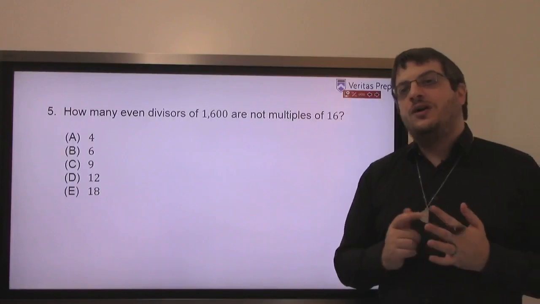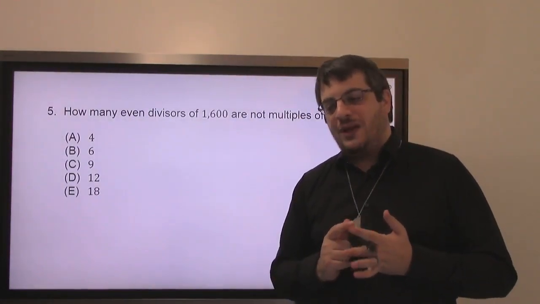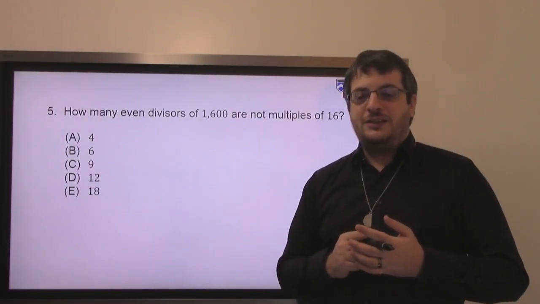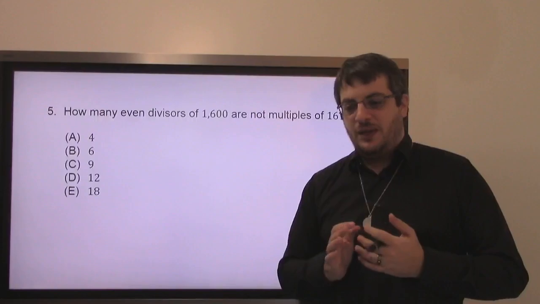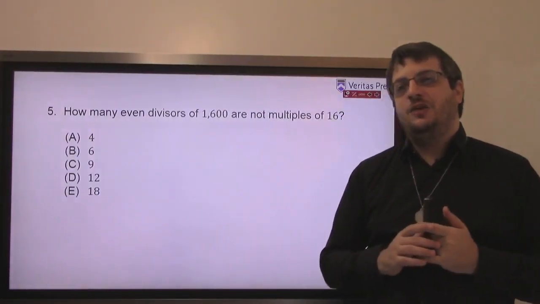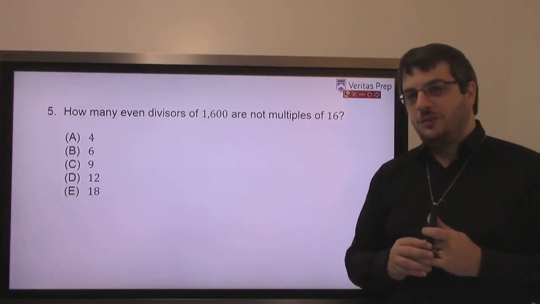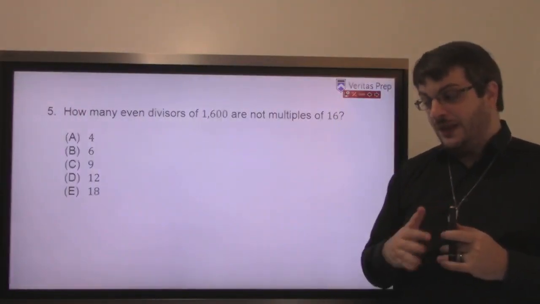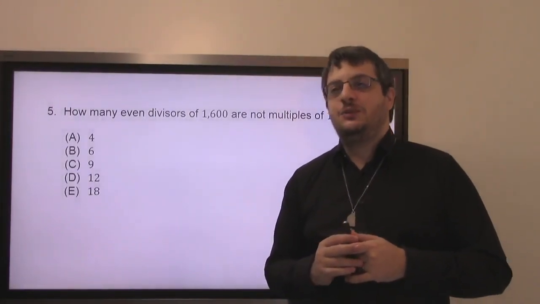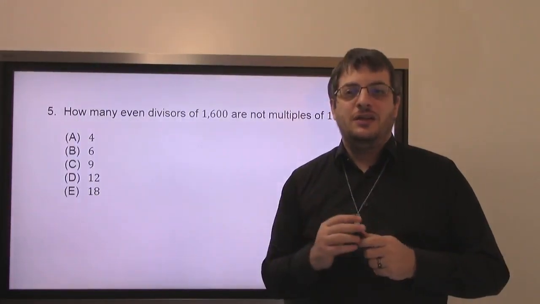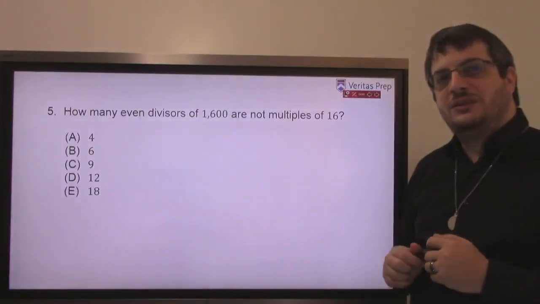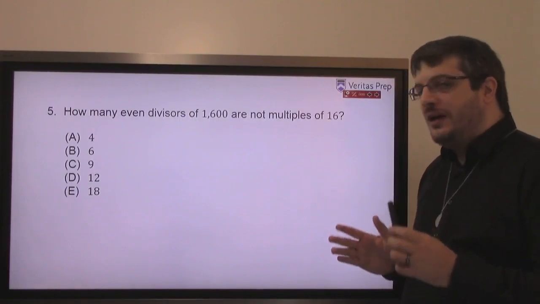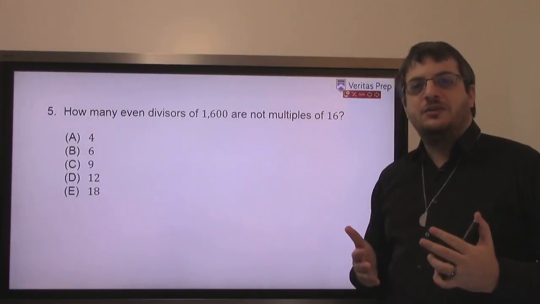Now, Gaurav said managed to get only 6. And the way you said that, what I'm guessing is that you tried to list them out. You tried to just go through and write them all down. And I suspect you're not alone in that, but it's a terrible idea. Not a good way to do this. It'll take you forever, especially in the 2-minute timer. You'll have a really hard time. And you'll always have that doubt. Did I miss one? Is there another one? Could I have not caught one of those things that is an even divisor of 1600 but not a multiple of 16? The better way is to prime factor.